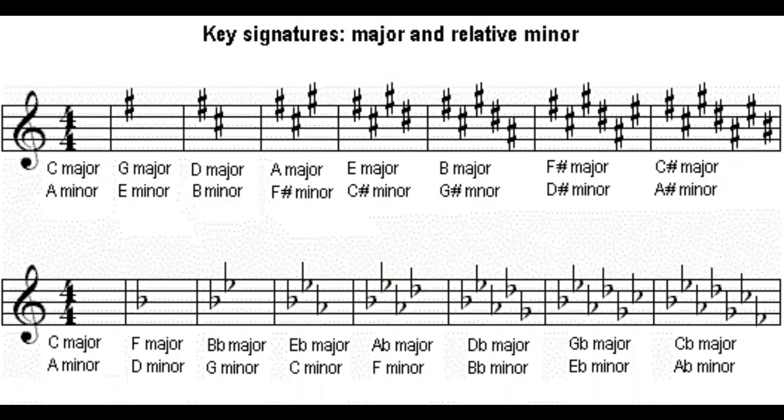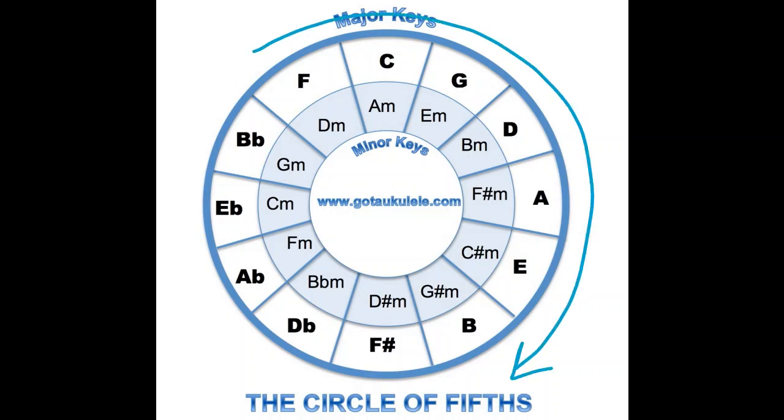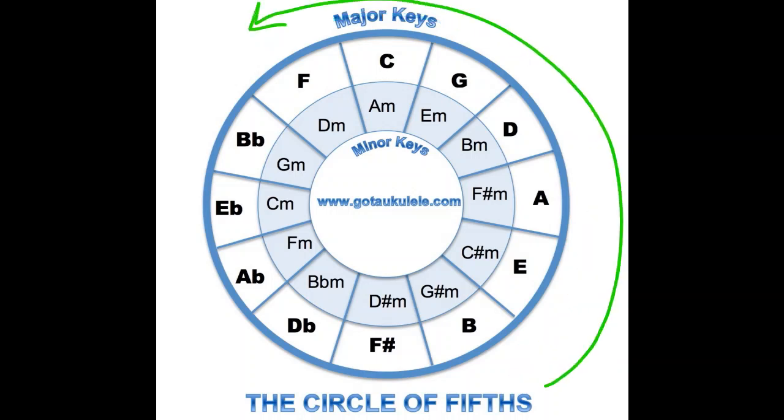Let's take a look at key signatures. The key signature is a little more complicated. There are two symbols. This one represents sharp, and this one is flat. The key signature depends on something we call the circle of fifths. When you look at this chart, you would travel clockwise to find what notes are sharp and counterclockwise to find